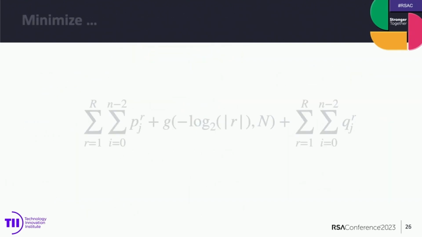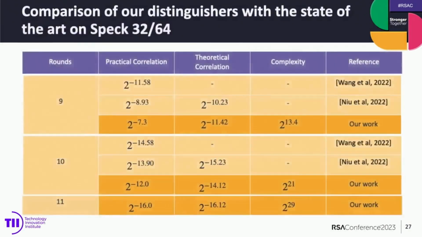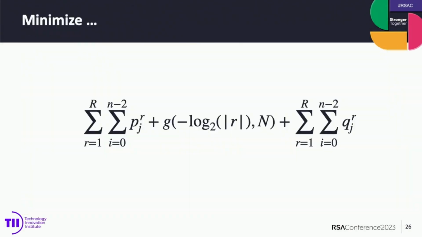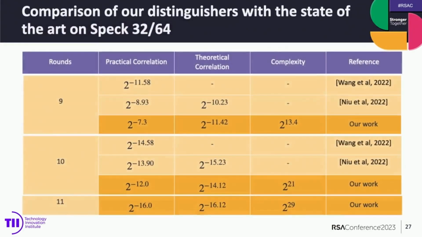Now, putting everything together, we can see the probabilities and the correlations as powers of 2. So in order to have a good differential-linear distinguisher, we need to minimize the sum of the exponents of the probabilities and correlation of the three parts. Okay, so we apply our techniques to SPECK32/64, and here are some results. For 9 rounds, we obtain a better practical correlation in comparison with the past differential-linear distinguishers. Specifically, we obtain a correlation of 2 to the minus 7.3, while in the state of the art, this value is 2 to the minus